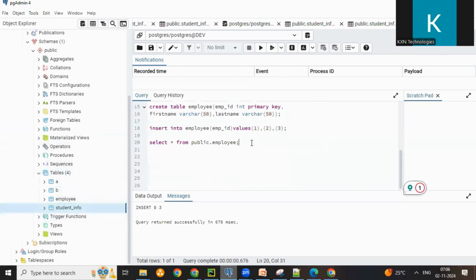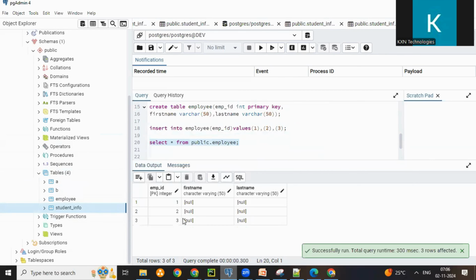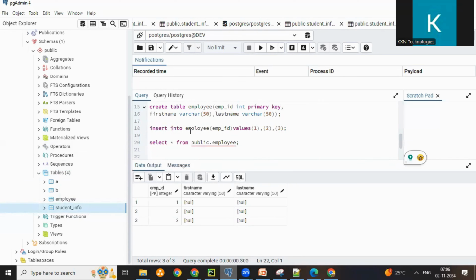Got it? So when I do this, did you see this? Three records got inserted. But what is the catch here? For example, if I try inserting, I tried inserting the employee ID. That's fine. If I don't provide the employee ID, for example, let's say in this case, I'm trying to